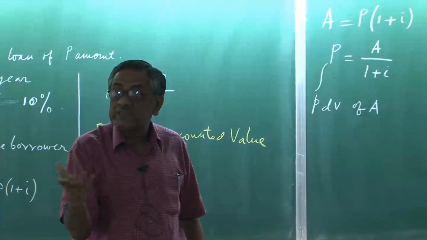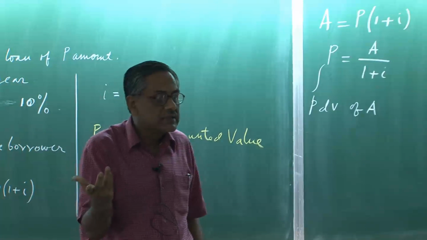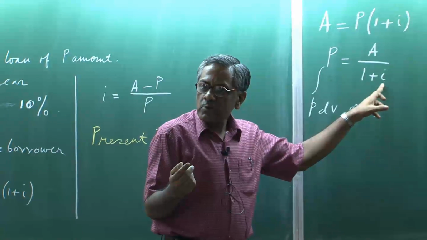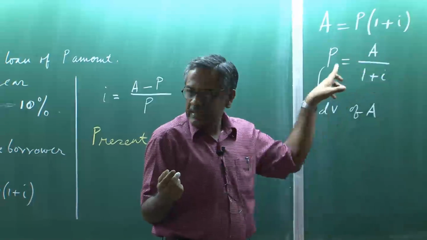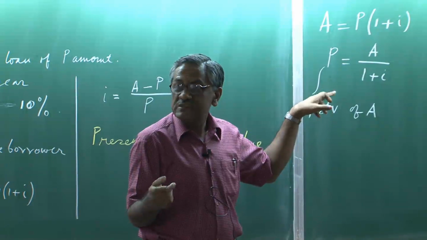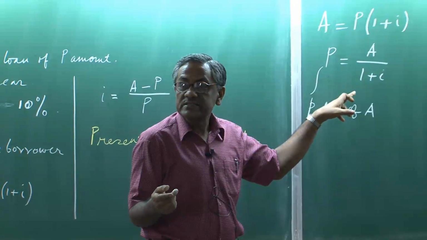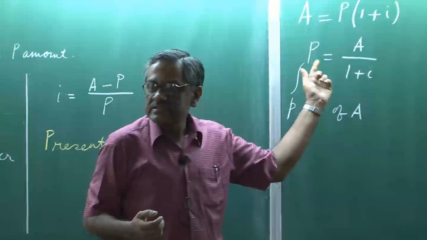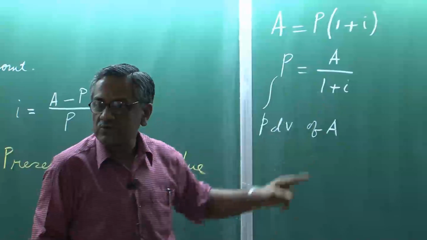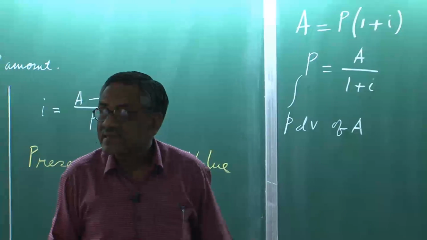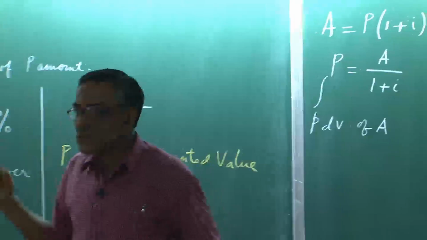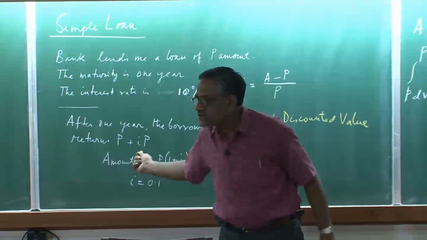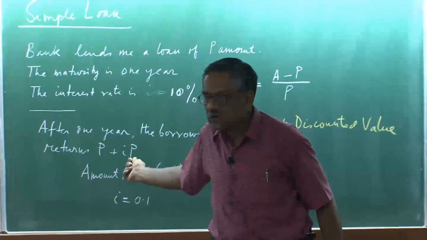So, you are saying sir, how is present discounted value happening, what is the discount factor? Discount factor is nothing but the interest rate. This interest rate will tell you what will be the present discounted value of a future amount, where you have to discount it using a formula like this, where the discount factor is the interest rate. If interest rate is 0, what is the difference between present discounted value and a future value? Nothing. So, what you see in a simple loan is also telling you that interest rate that you think is a very simple thing, a simple interest rate like this, not a compound interest rate, here you have a simple interest rate,